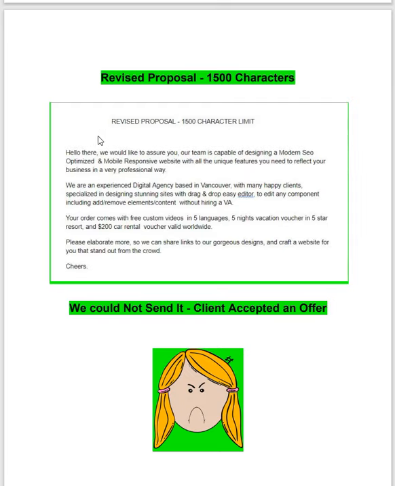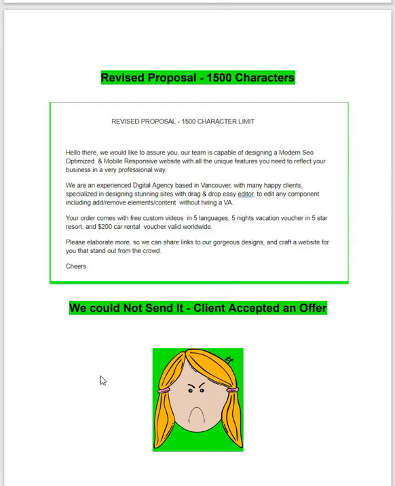So this is the revised proposal. So I said, hello there. We would like to assure you our team is capable of designing a modern, SEO optimized and mobile responsive website with all the unique features you need to reflect your business in a very professional way.